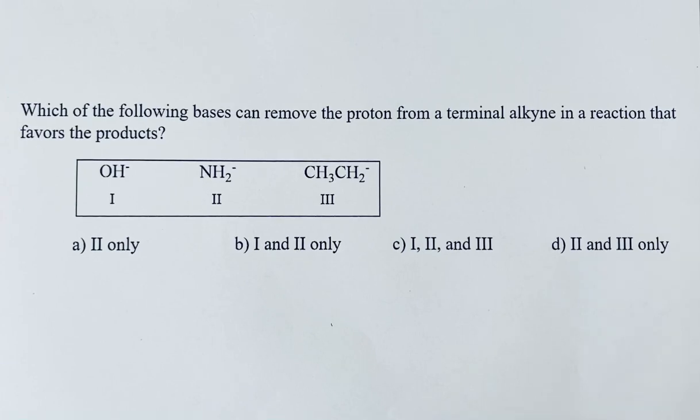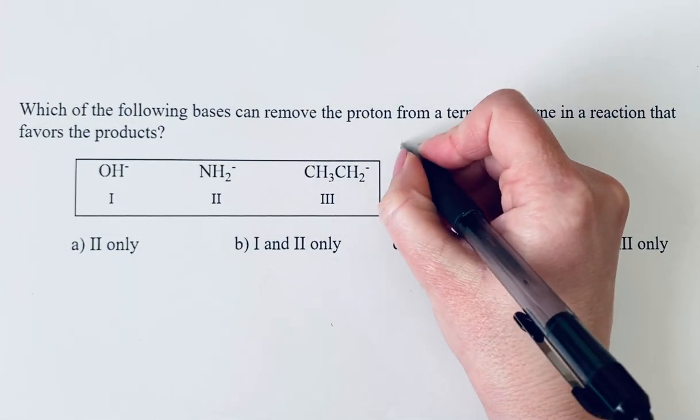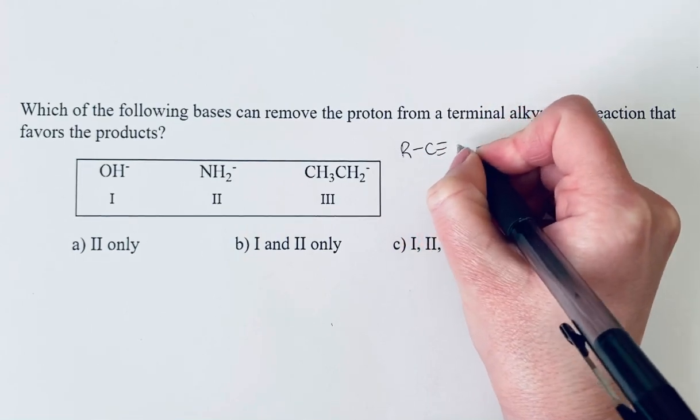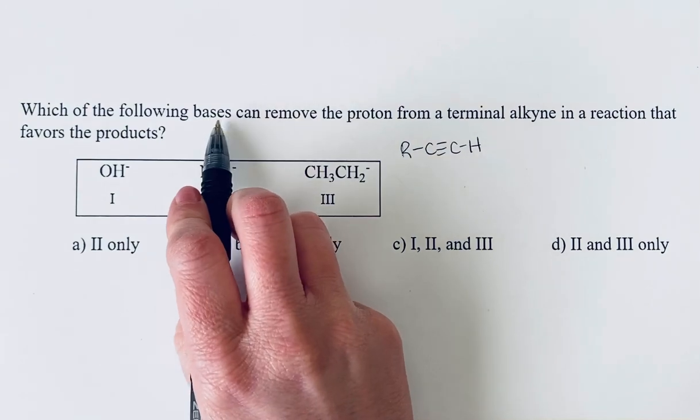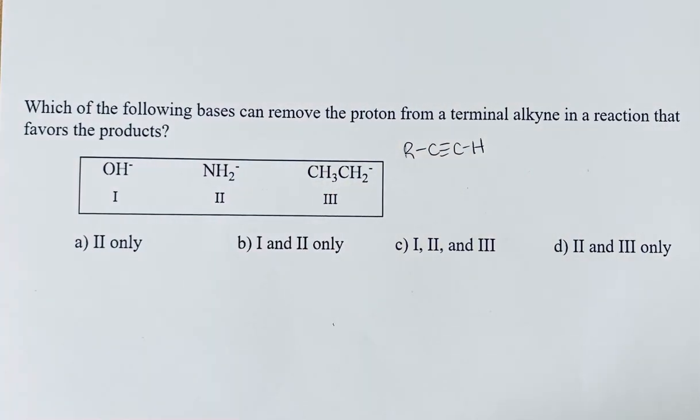Which of the following bases can remove the proton from a terminal alkyne in a reaction that favors the products? A terminal alkyne is an alkyne at the end of a chain. And what we are talking about here, if we're using a base and removing a proton, we are looking at